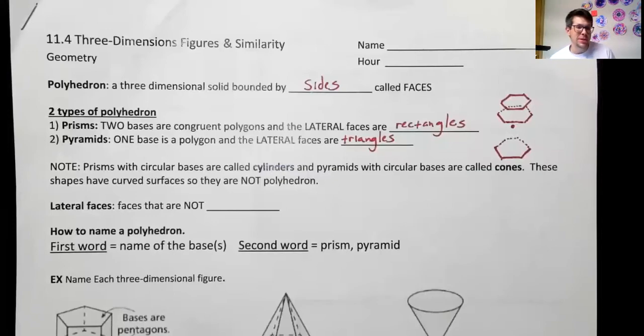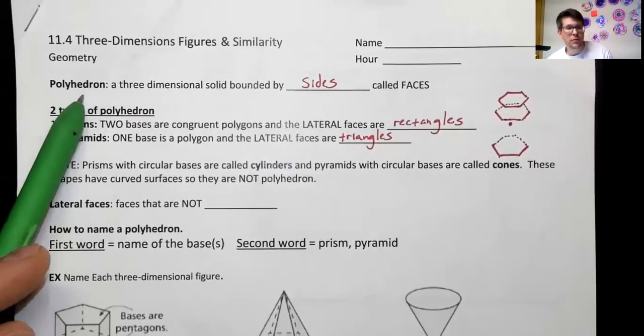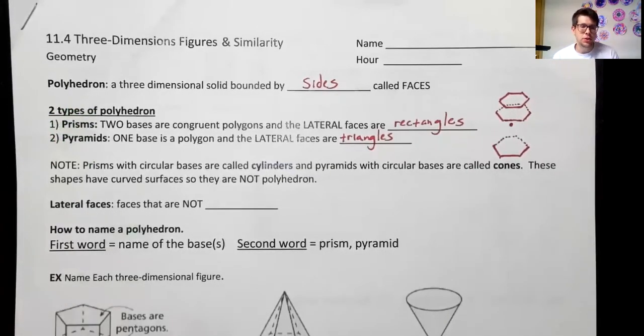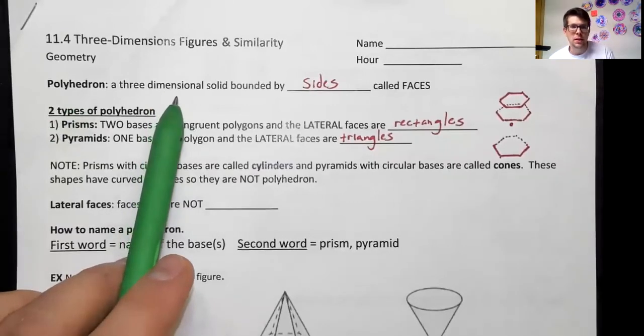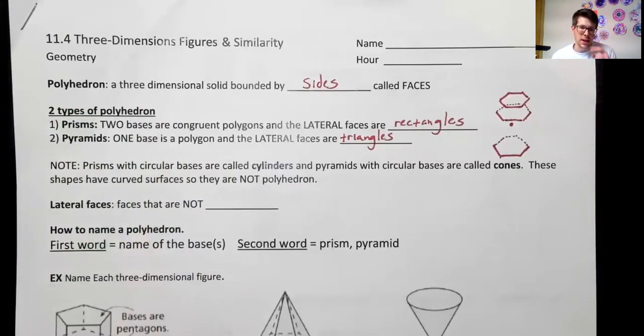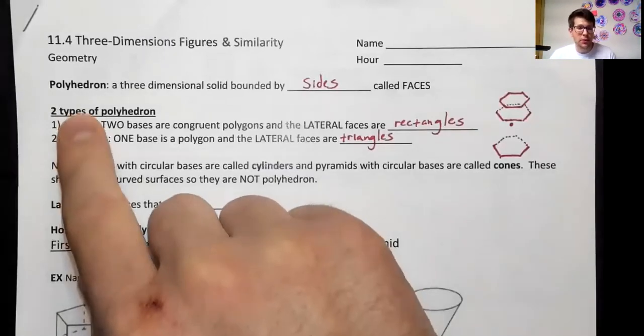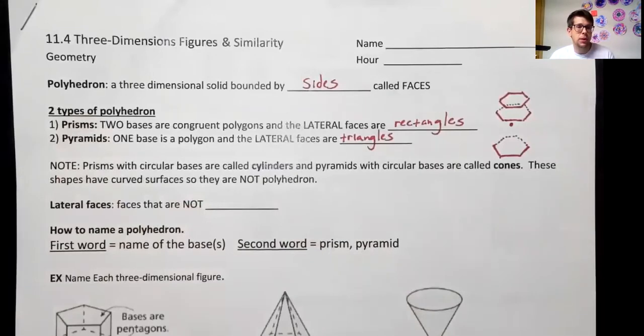So to begin with, let's talk about some of these big vocab terms. Our biggest one for the day is polyhedron. This is a very general term for a three-dimensional solid. The big things about these solids is that they're going to have faces on them, and these faces are called sides. Each of those faces is going to be a 2D shape, and when you put them all together, you have this three-dimensional shape. Now, polyhedron is not necessarily a term that I'm going to ask you to tell me. We're going to focus mostly on the difference between the two different kinds of polyhedron that we have, which are